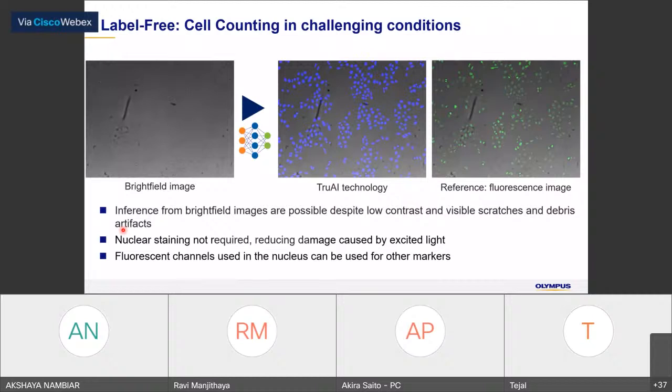And then after that, even if there is no fluorescence information, we can identify the nucleus, for example. And of course, it will match with the fluorescence image.